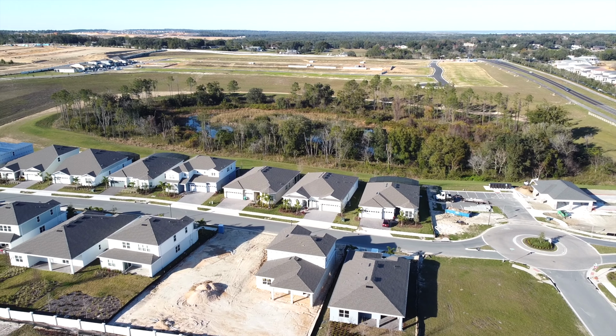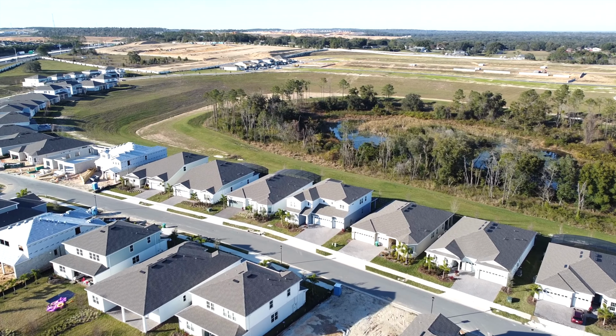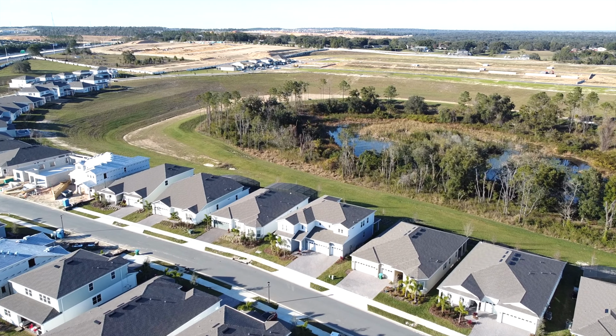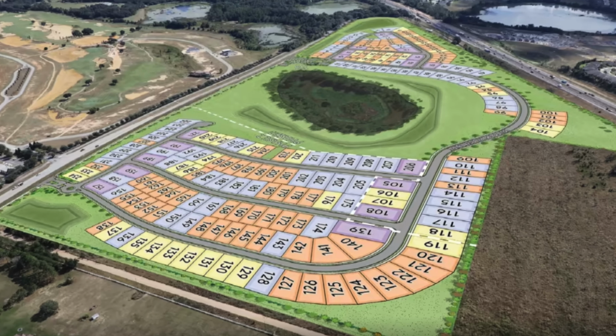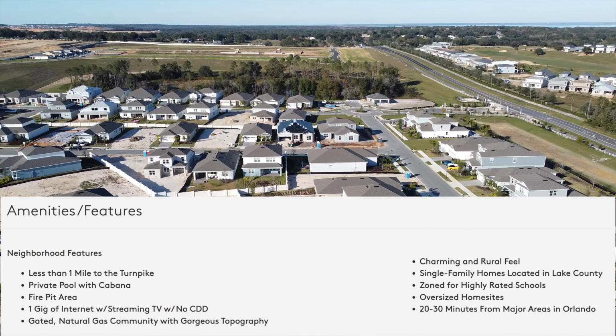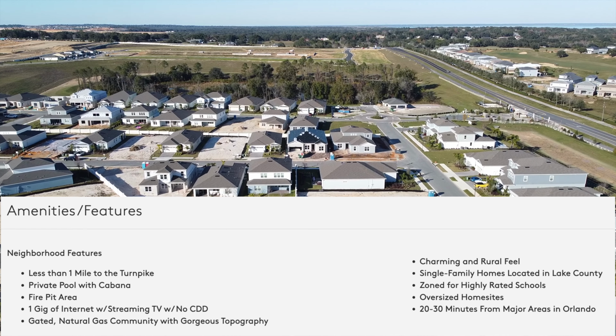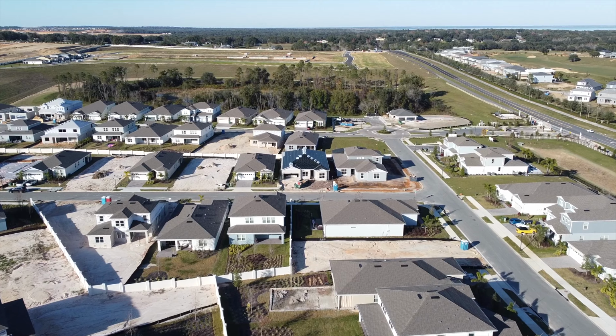Today we're just west of Orlando in Montverde, Florida. We're in the Willow Ridge community by Pulte Homes. This is a gated neighborhood. They have quite a few different floor plans to choose from, ranging from 1,900 to over 4,200 square feet. And they do have inventory homes that are available now for purchase with special financing with rates as low as